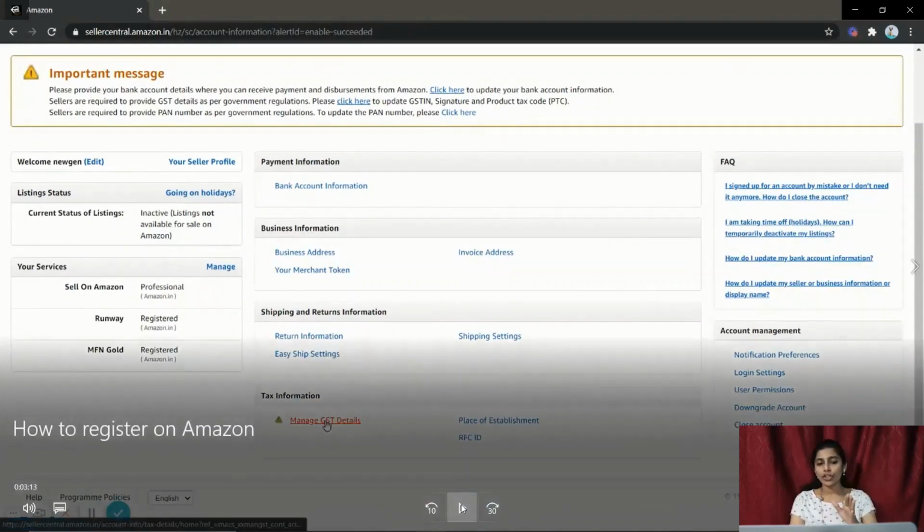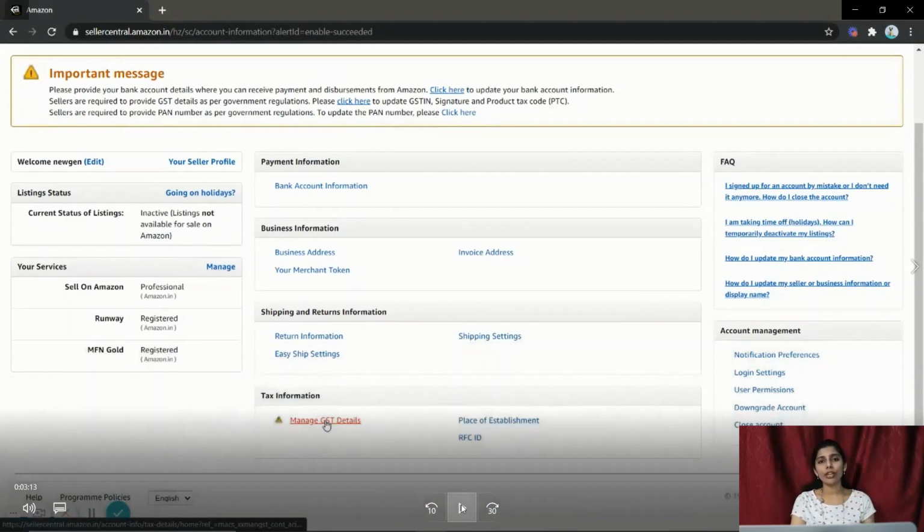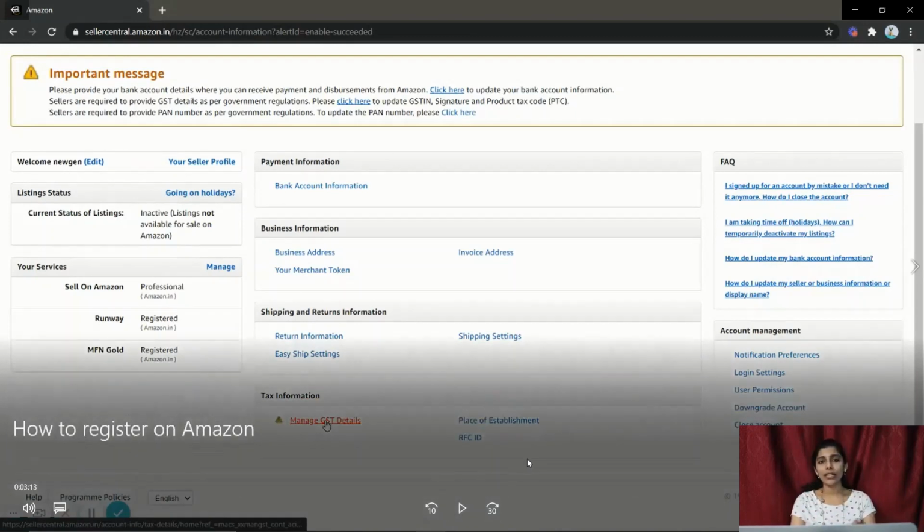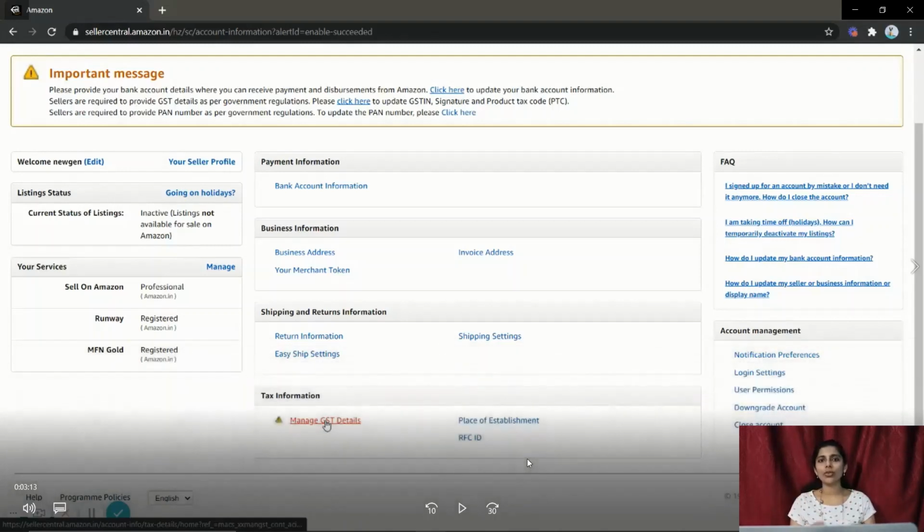In the workshop, I'll be showing you how you can enter all these details, how you can figure out your GST details and enter them, and how you can enter your bank details. And what this backend is exactly like, etc. But once you have completed this step, you are all set and your Amazon seller account is actually opened. Now you can save your username and password and log into this account anytime you want. And make sure that you are not sharing your username and password with anyone.